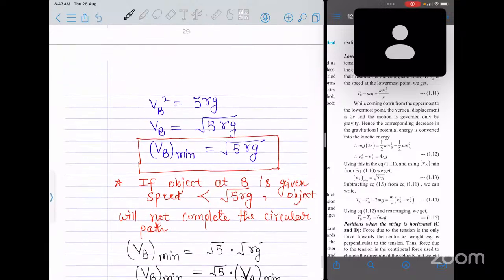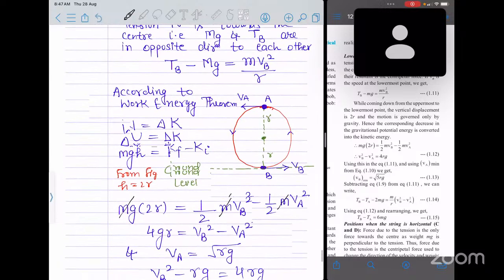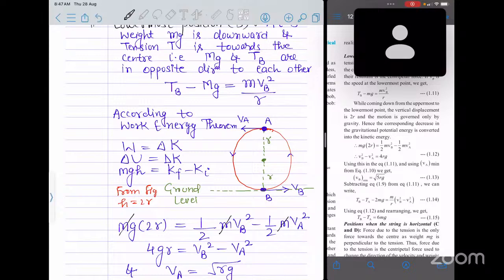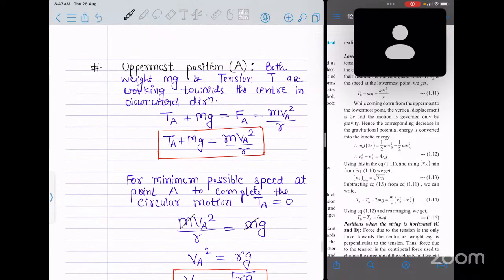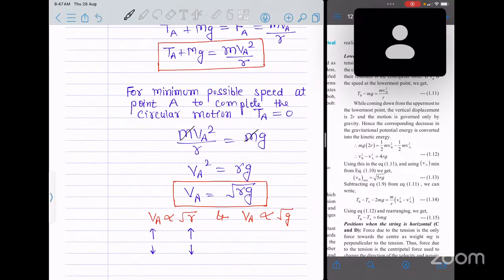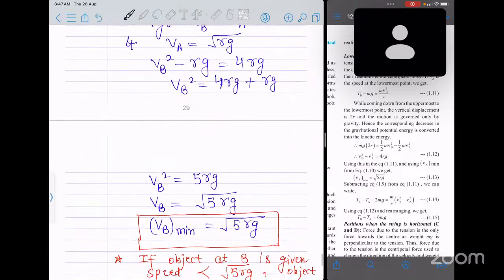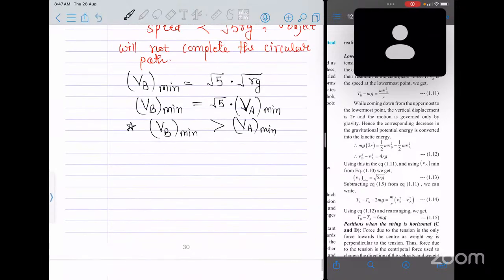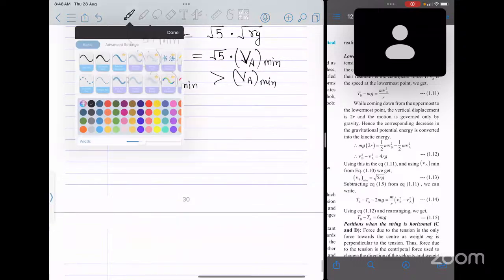If we have the value of VB, we can find out the tension in the string at point B. Remember, tension in the string at point A is already zero. When we did the derivation for point A, we took tension at point A equal to zero. So for minimum possible speed, tension at point A will be zero. Now I am interested in tension at point B if the speed provided at point B to the object is the minimum possible to complete the circular motion. So